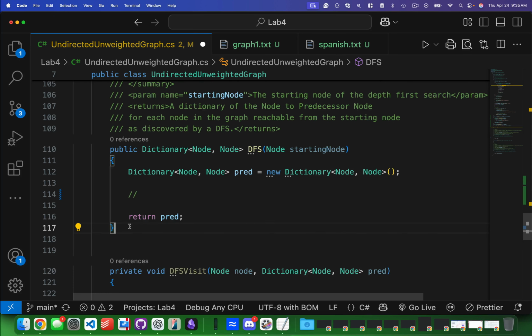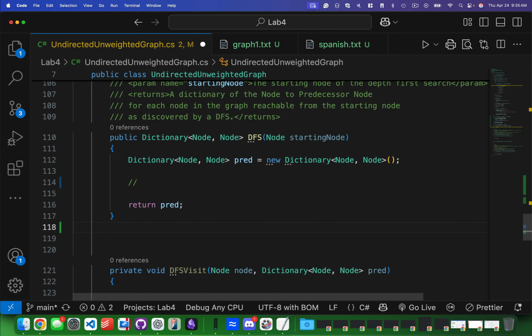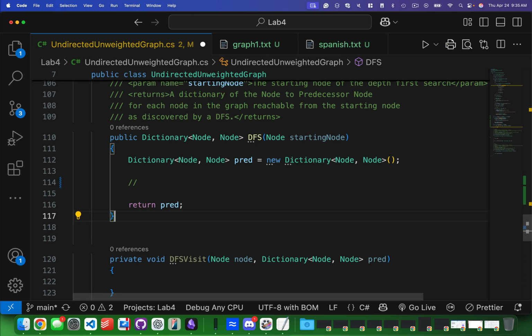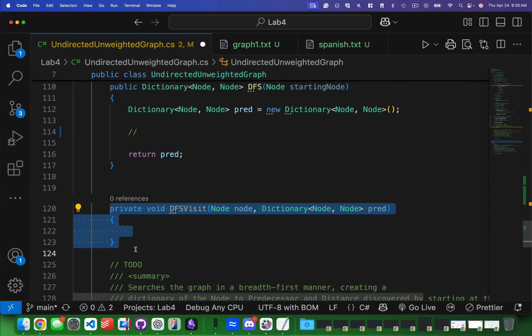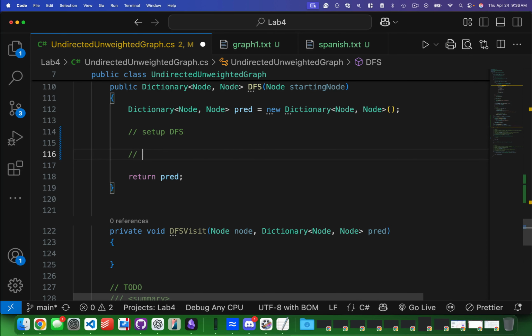That to do a recursive algorithm, we typically have a non-recursive starting point and then a recursive utility method, helper method that helps. So that's what this DFS visit is. So DFS visit is the recursive one that calls itself. So what we kind of need to do here is set up DFS and then call the recursive method. Okay, so the setup here is